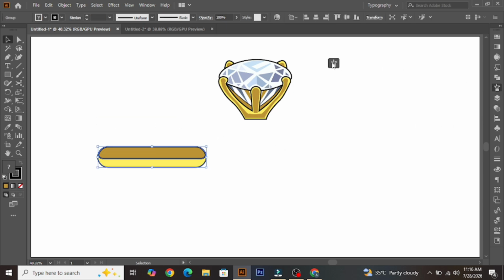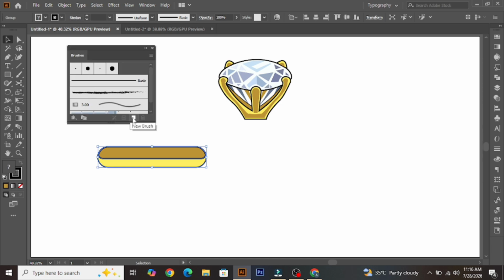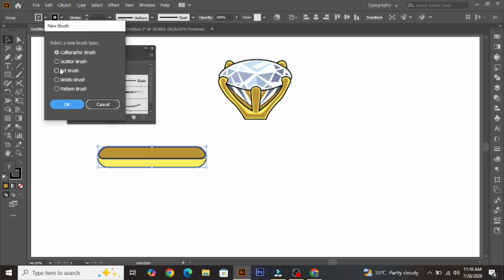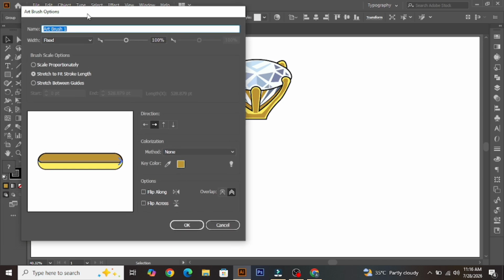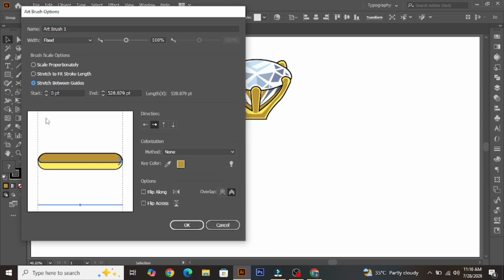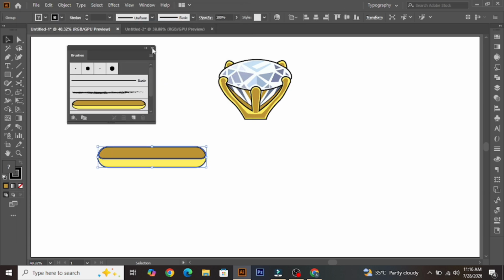Go to brushes tool and then click on the new brushes option and then click on art brushes and then go with stretch between lines and then drag the lines towards center slightly, then click OK and then